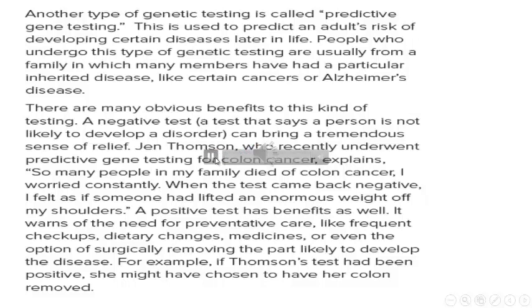Another type of genetic testing is called predictive gene testing. This is used to predict an adult's risk of developing certain diseases later in life. People who undergo this type of genetic testing are usually from a family in which many members have had a particular inherited disease, like certain cancers or Alzheimer's disease. There are many obvious benefits to this kind of testing. A negative test, a test that says a person is not likely to develop a disorder, can bring a tremendous